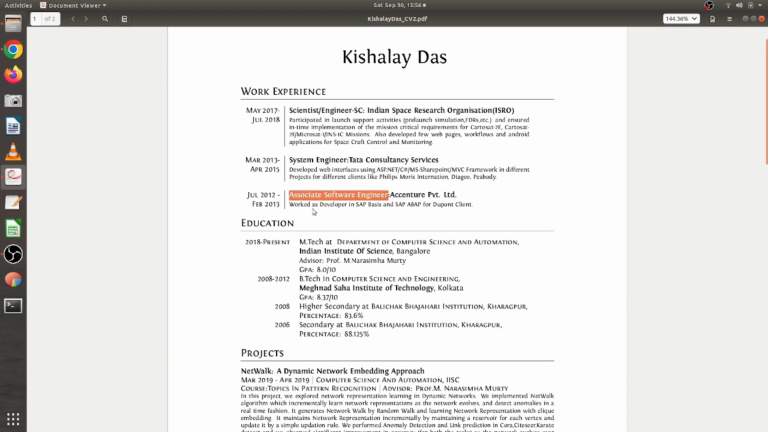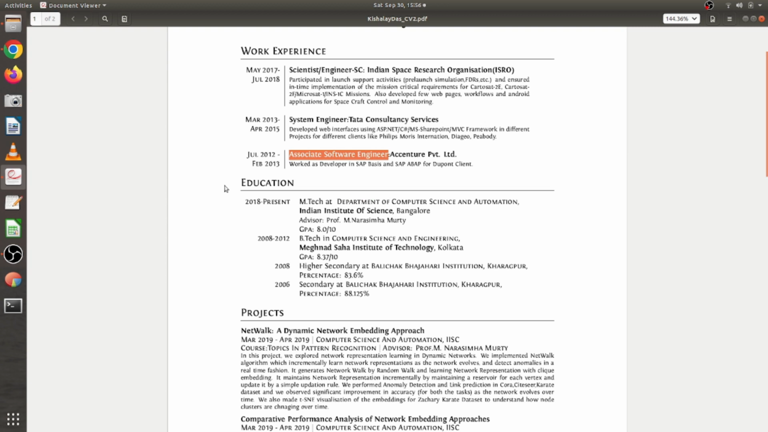So there I was working as an SAP Basis and SAP ABAP developer for a DuPont client. That also I have mentioned here. The duration is important, the role is important, and you need to mention a brief detail about that particular work experience. Next is education, and as I mentioned here, if you're an MTech student, you should first talk